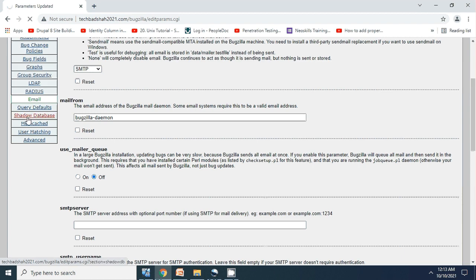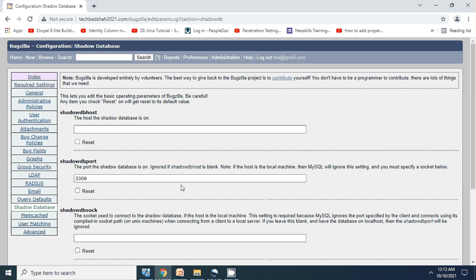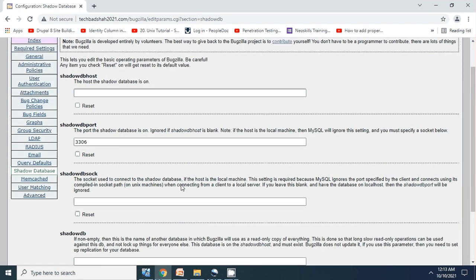Shadow database. Shadow database is an advanced concept for ensuring that your application is always up and able to communicate with a database. Configuring this step requires advanced knowledge, and you should have two database servers running, and then you'll be able to configure it. We will not go into much detail here.